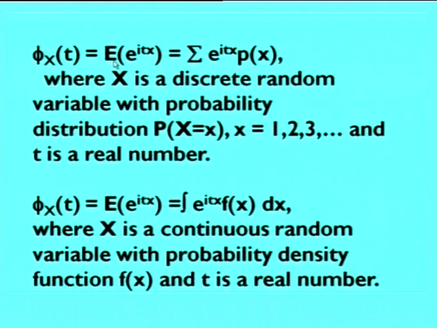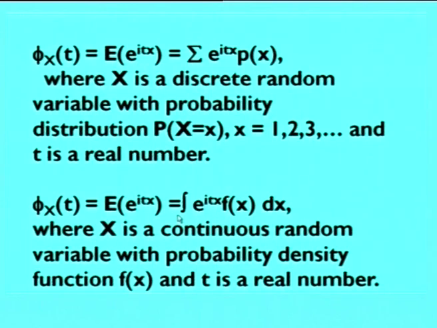pi x of t is equal to expectation of e power itx. There this i won't be there. What is this i? This i is nothing but an imaginary number, root of minus 1. So, when x is discrete, we will have a summation of e power itx into p of x, and again pi x of t is equal to expectation of e power itx, equal to integration of e power itx into f of x dx when x is continuous. The integration takes all the values from minus infinity to plus infinity. The only difference between characteristic function and moment generating function is the imaginary number accompanying the power in the exponential.